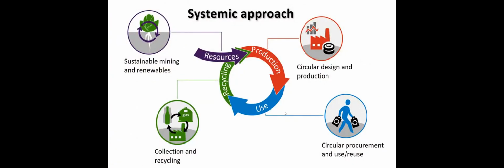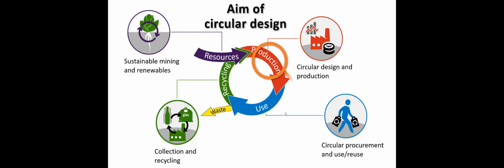Circular economy as a systemic approach. This is an old picture. I think nowadays we would love to remove the word recycling and put something back like return or something. But basically the system is still, we have resources, we have design and production to make something out of it. We have the use phase where we procure and use and reuse products, and we have a collection and return or recycling system to get all the resources back into production again. And nowadays we still have a bit of waste. Probably always have some waste, but one of the aims is to have less and less waste,